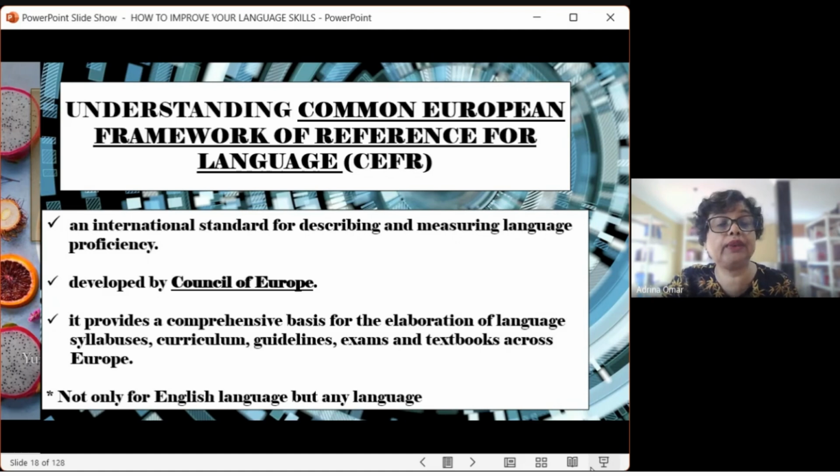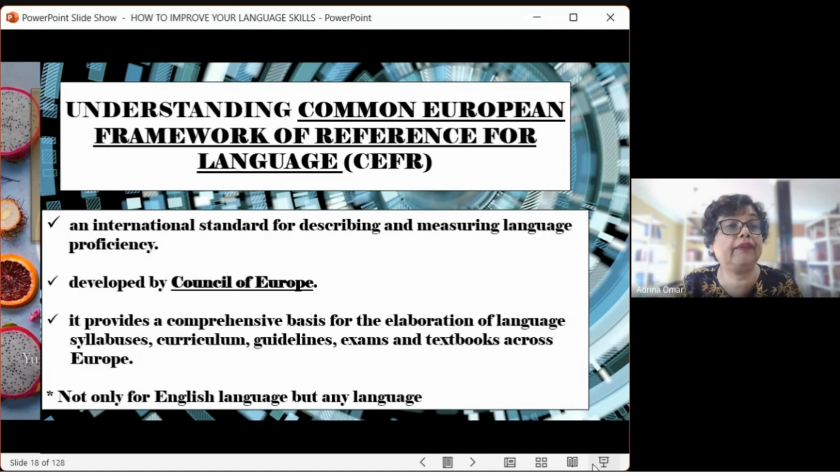Which language school do you have to join? Sometimes it's below our standard, or sometimes it's too high. So you have to know who the syllabus is catered for, which group of people. Is it for A1 or A2, or is it for a very high level of English? So you have to know the level of English as